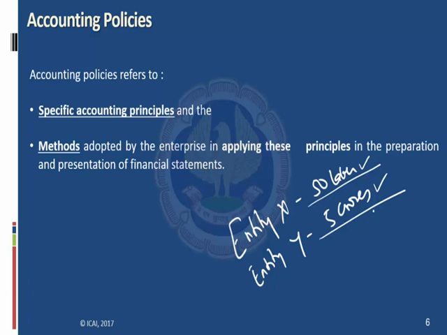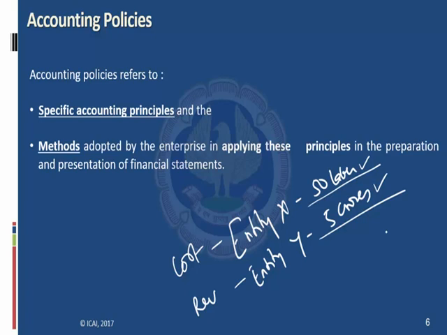So while valuing fixed assets, the entity can carry those fixed assets at cost or by using a revaluation model. Entity Y has used a revaluation model, entity X has used a cost model. So the choosing of different accounting policies may lead stakeholders to understand the financial statements in a different manner. So Accounting Standard 1 comes into the picture, and Accounting Standard 1 states that the entity has